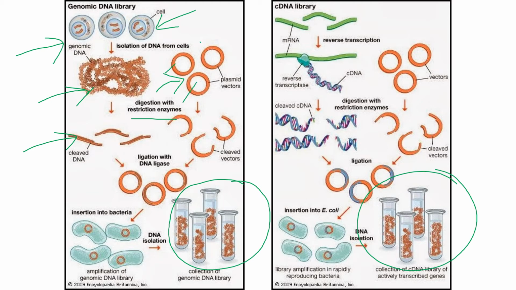They will give cuts within the vector molecules and within the DNA, and will yield numerous DNA fragments. As they have been cut with the same restriction enzymes, whenever we mix these vectors along with the fragments of DNA, because of the sticky ends at the ends of the DNA, they are cohesive. That means whenever we mix these two molecules, the vector DNA and your desired DNA, they will generally form a circle. They will anneal with one another. Here DNA ligase will seal the nicks, creating the recombinant DNA molecule.